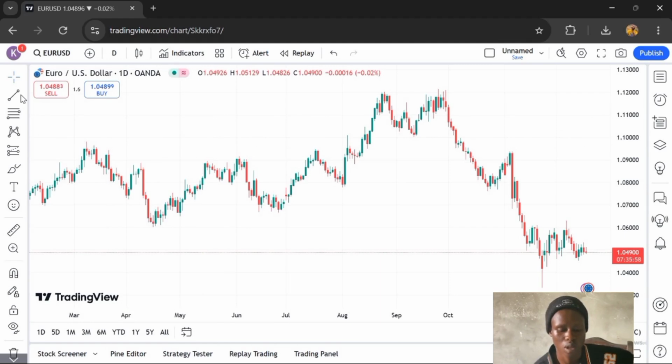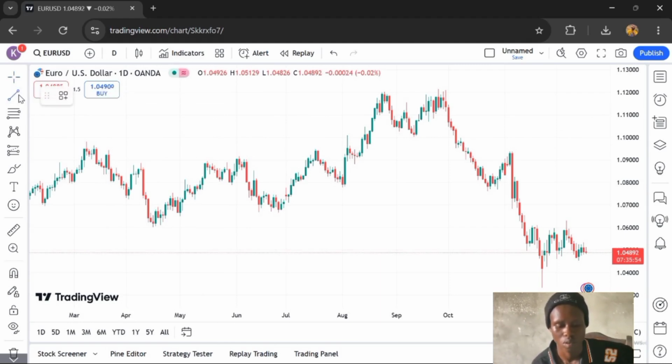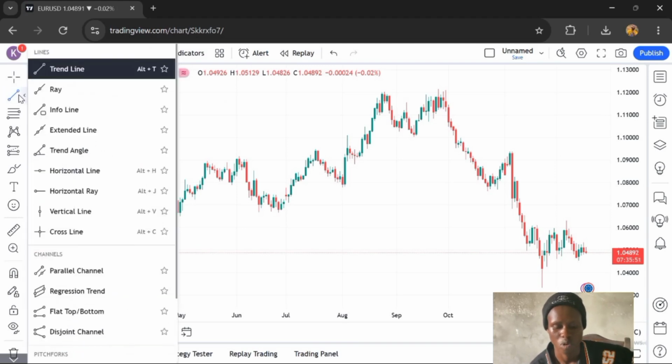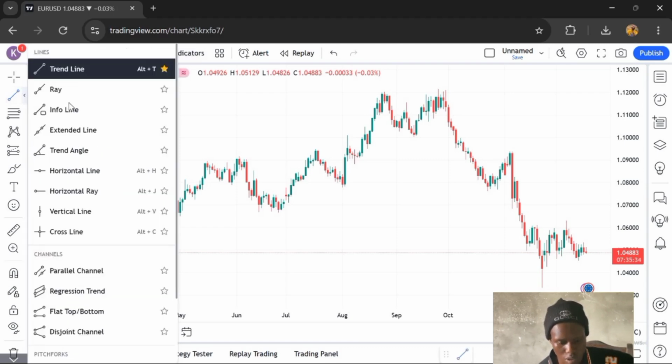Then the second one on the toolbar, we have the trend line. You left click on it on your laptop or maybe your mouse. Then you see the trend line, you see the ray, you see the info line, the horizontal line, the horizontal ray, and the rest. The trend line, I use the trend line mostly. I will make it my favorite. You click on that star button, then you make use of the vertical line, you make it favorite, you make use of the